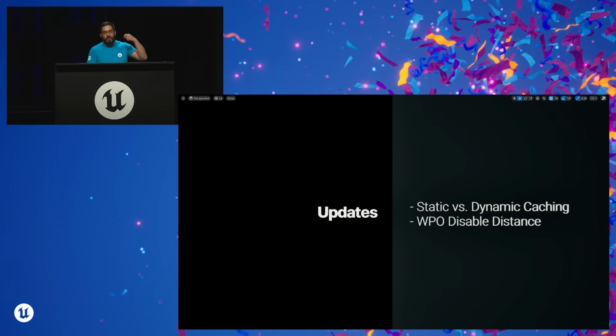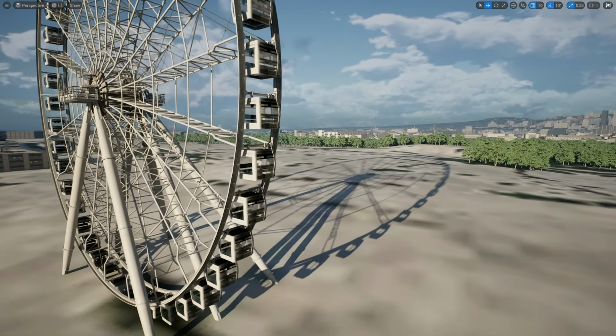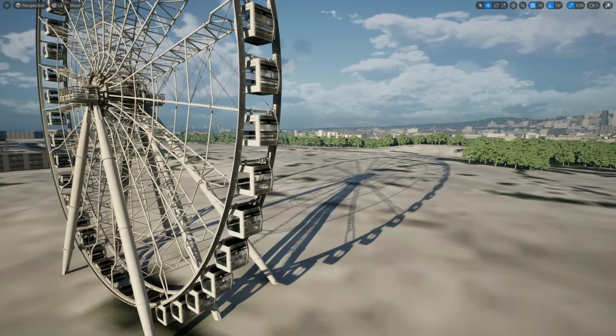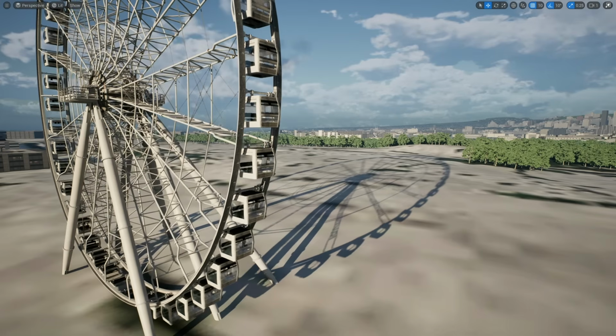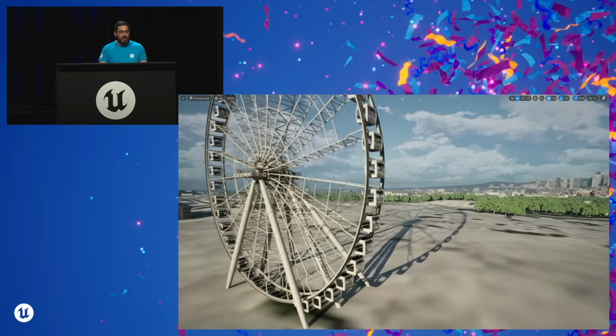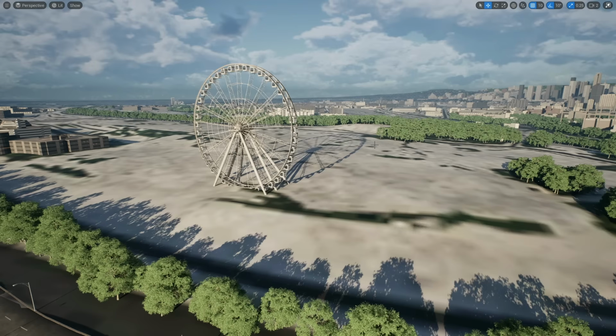The other change to virtual shadow maps is how we treat the WPO disable distance. So I set up this Ferris wheel here. It is totally animating with WPO so that I could contrive this example. And I've set a really short WPO disable distance on it so I can demo this. So WPO disable distance, if I get far away from this thing, it will stop animating, and it will then